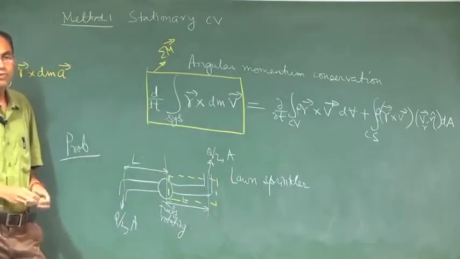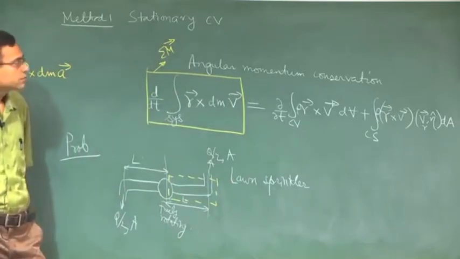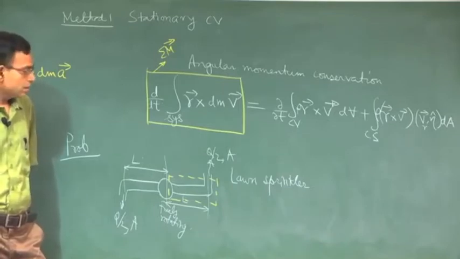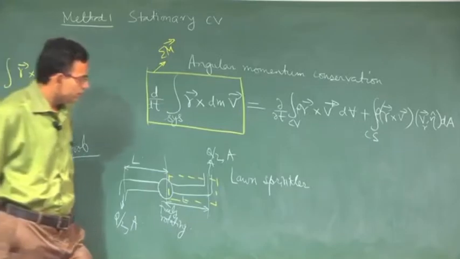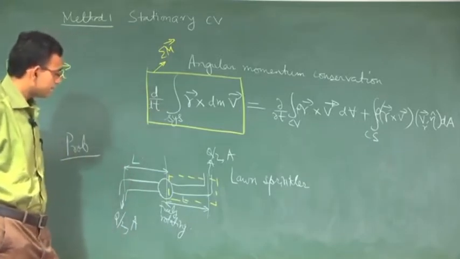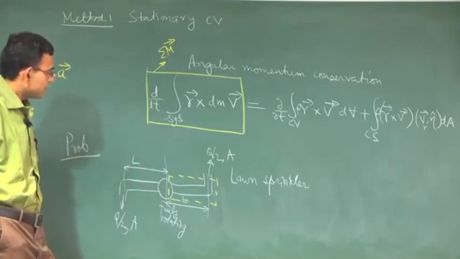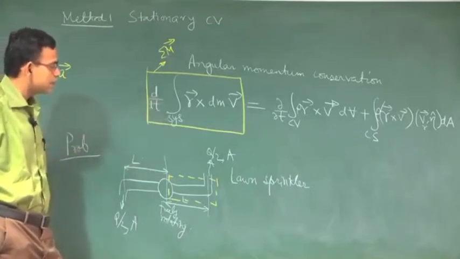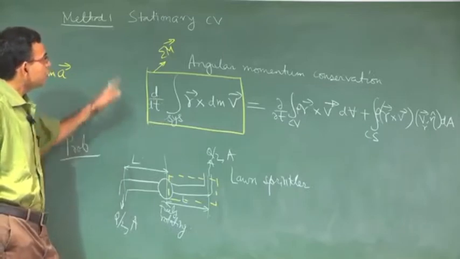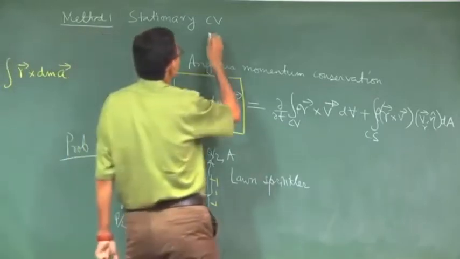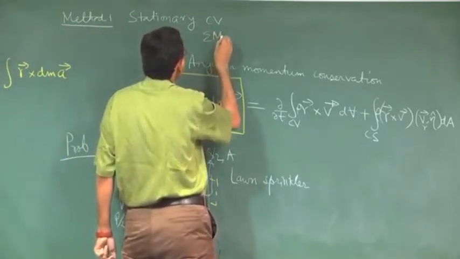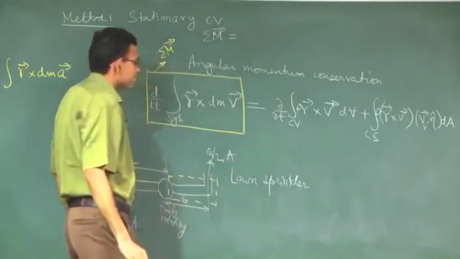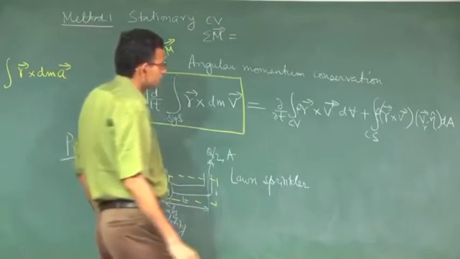So we can take half of the domain. So stationary control volume, if we take, so this is d/dt of the system, which is the resultant moment of all whatever forces, couple, etc., is equal to